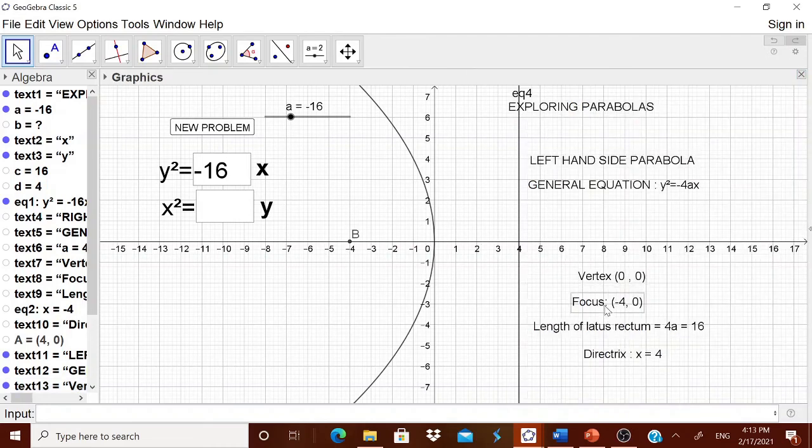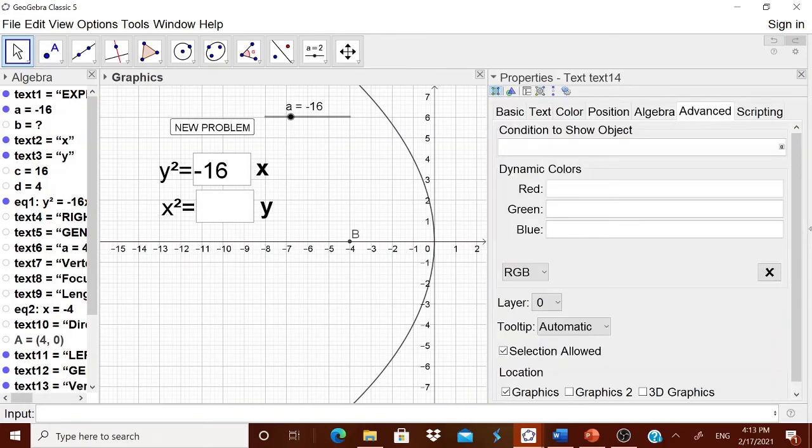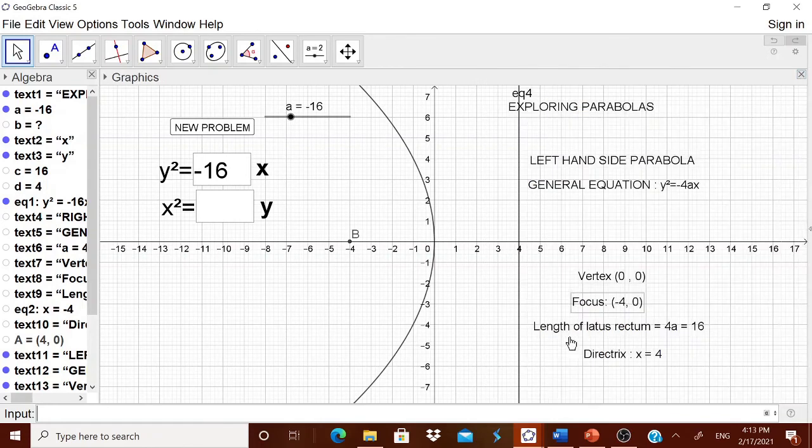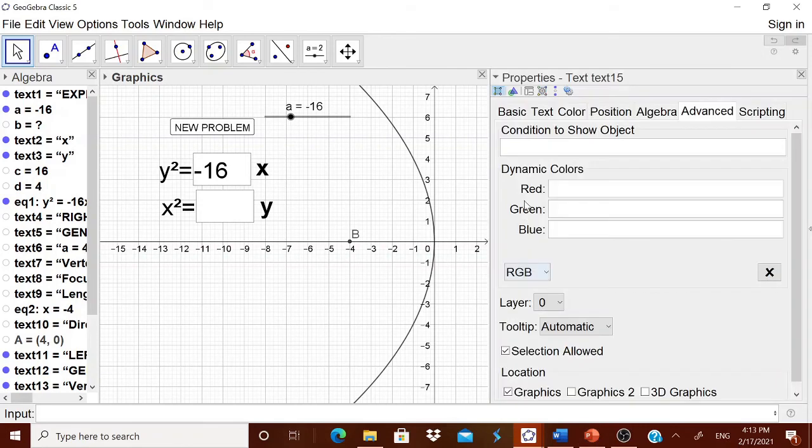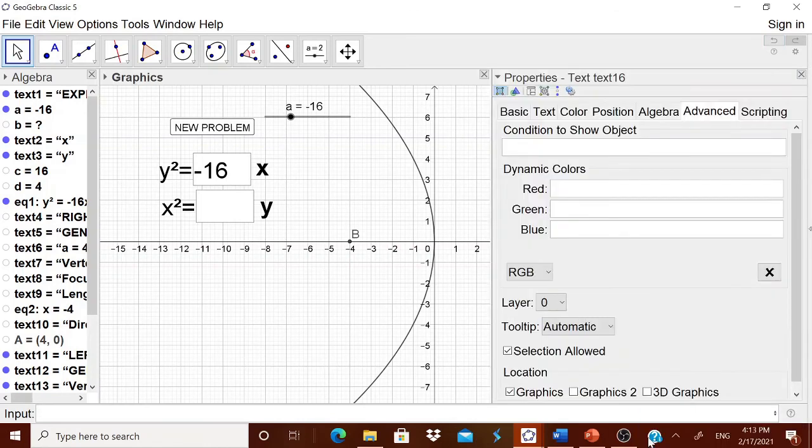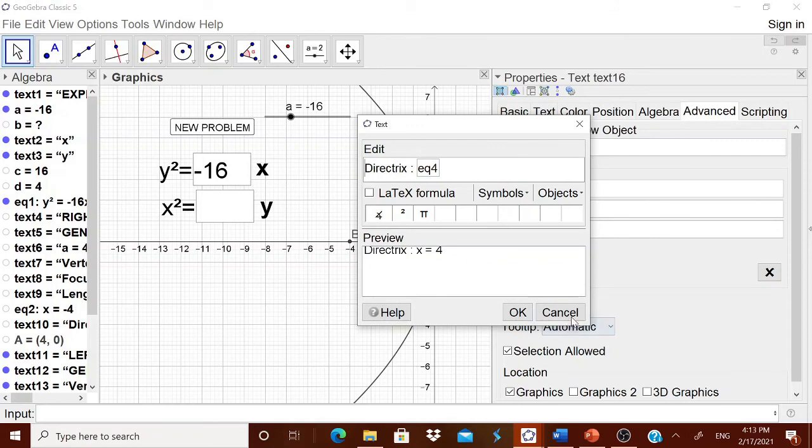Then this focus, again enter. Then the length of the latus rectum, again enter. Again directrix, enter. Okay.